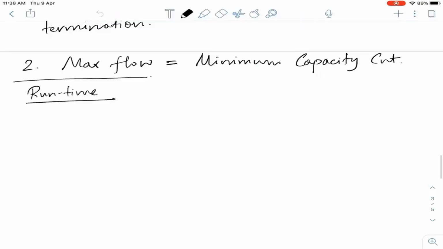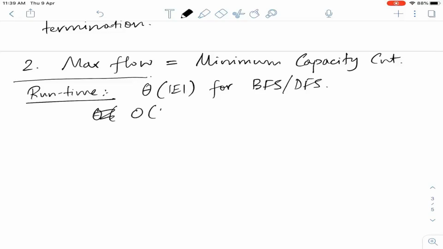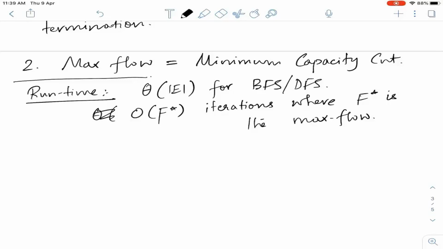So this is theta of mod E for BFS, DFS, and let's say theta of order f star iterations, where f star is the max flow. This implies order